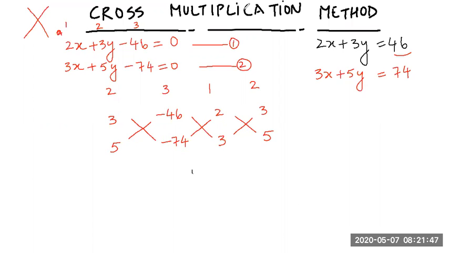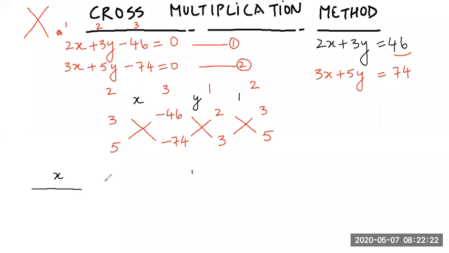Now, after you have finished writing the coefficients in this way, in the middle of the coefficients in the second and third column, write down x. In the middle of the third and first coefficients, write down y. In the middle of the first and third, you write down 1. Very important. Here 1. We have x, y, we don't have z, so we'll write 1. And now what you do? X